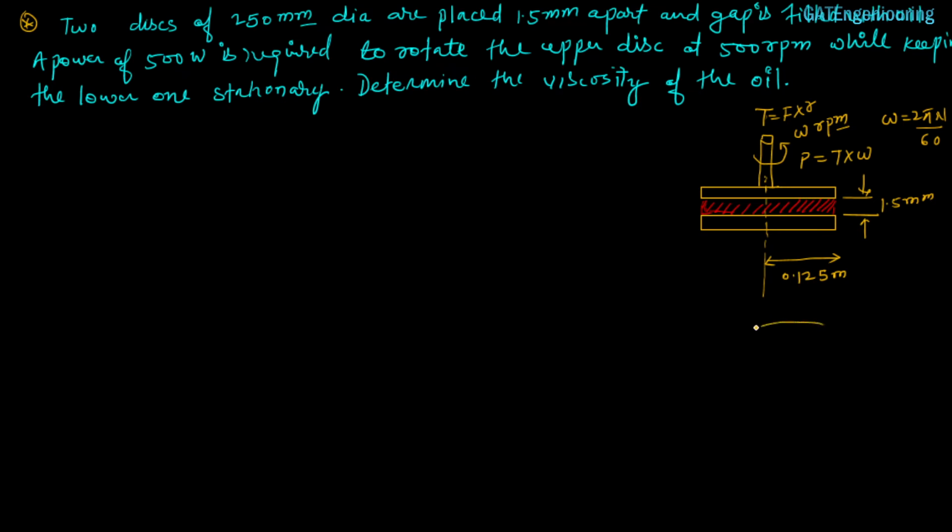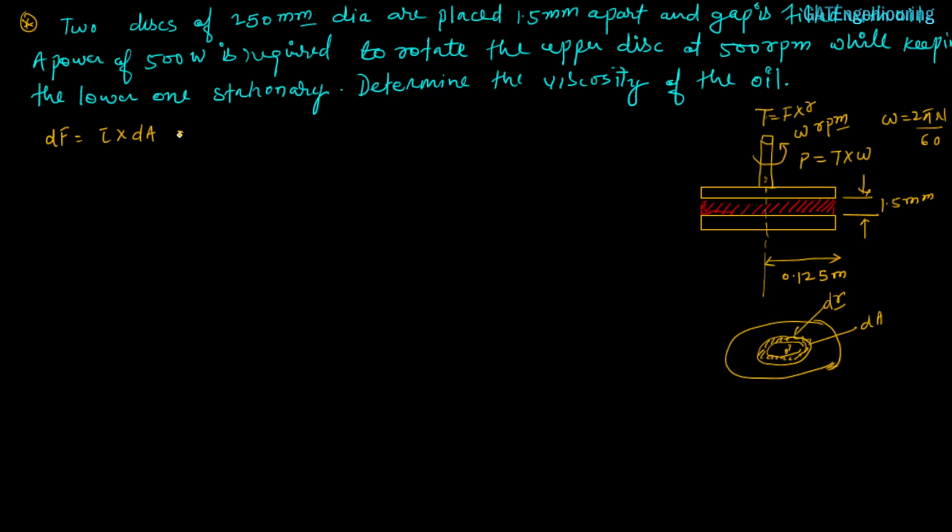if we take its top view, this is the center, and if I take an elementary disk area of dA, let's say the area of this elementary disk is dA, where this thickness is dr. So this area dA will be resisting some shear force, and let's say that shear force is dF. So dF is what? That is shear stress multiplied with dA.